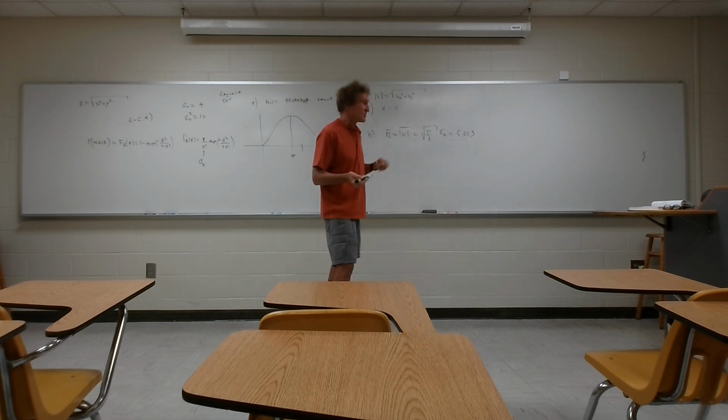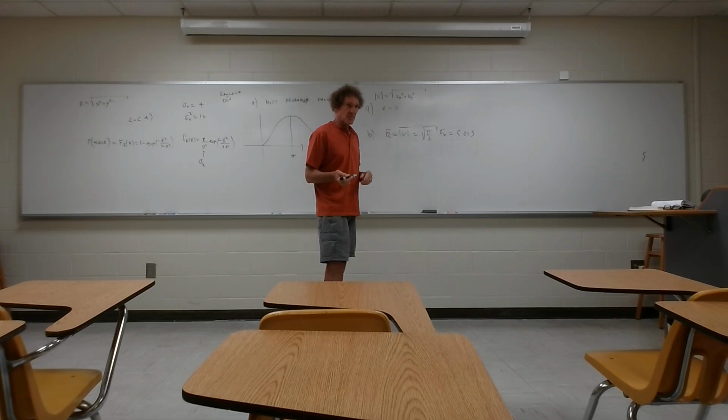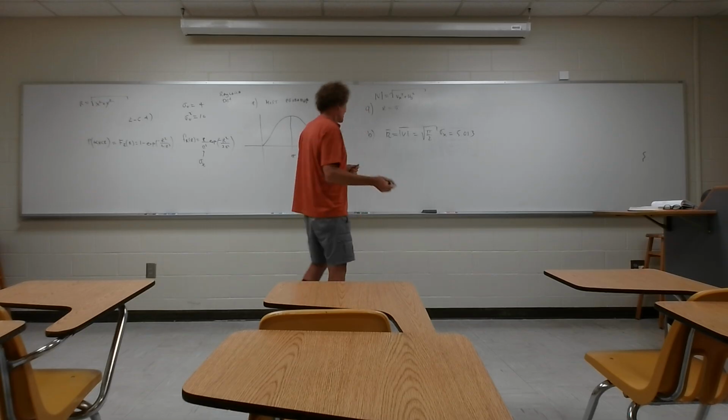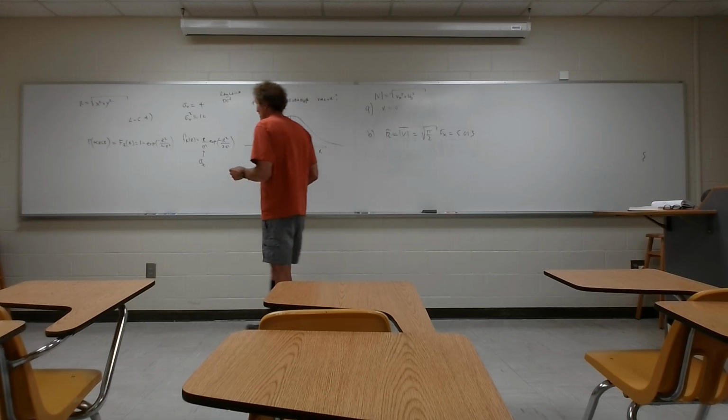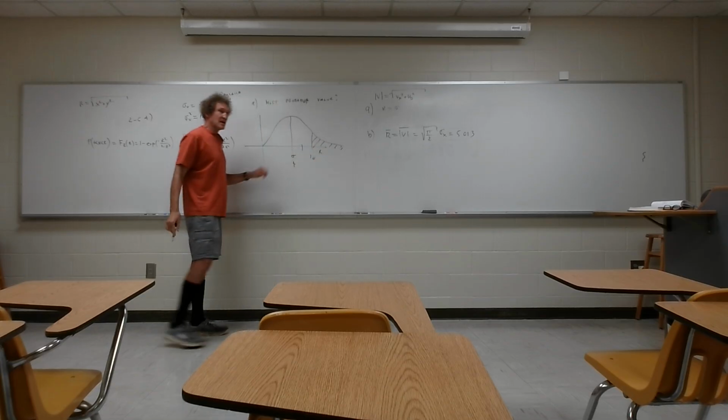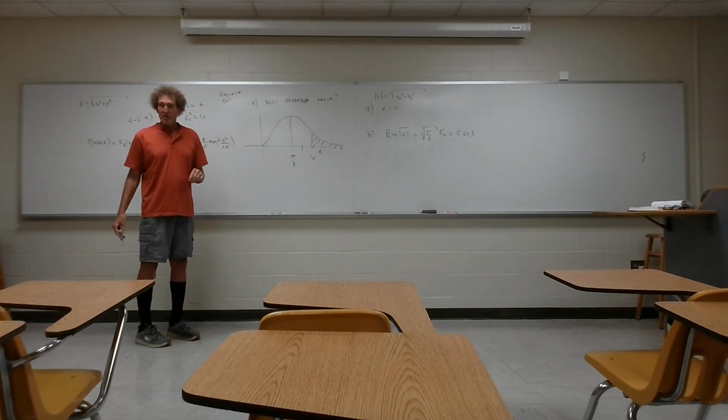What's the next question? Remember, the mean and the actual most likely value are different for Rayleigh. That's the point of this problem. What's the next one? What's the probability of finding a marble with a speed greater than 10 feet per second? All right, how do you do that one? Well, we're really looking at this. If this is 4 and this is 10, we're talking about the area under the curve here, right? Do you all agree with that?